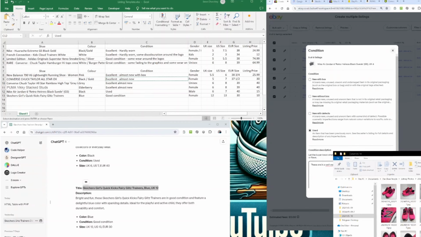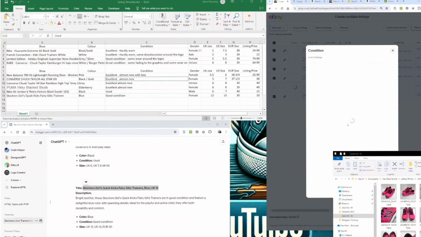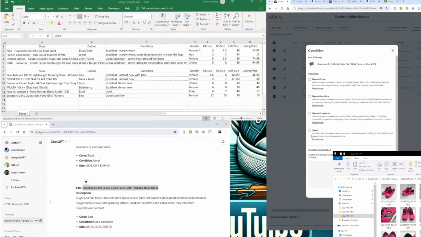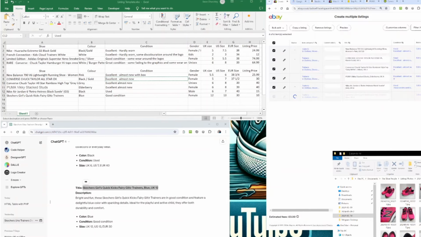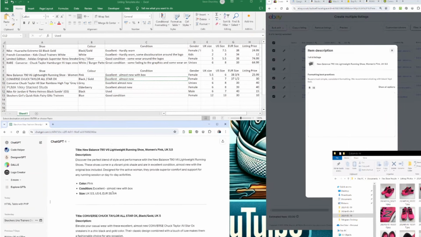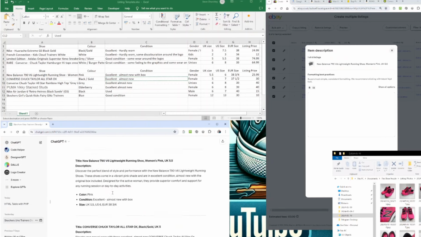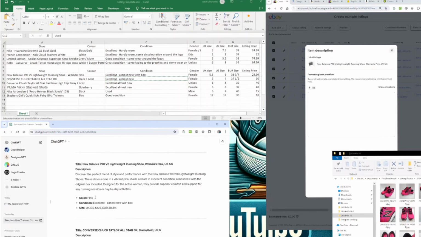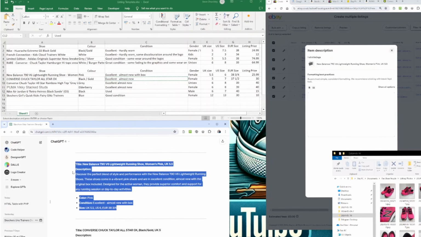Okay, so we'll use state and then use... right, so now we've got conditions. Let's do the descriptions. So back up to the top while it's loading. New Balance. Again,